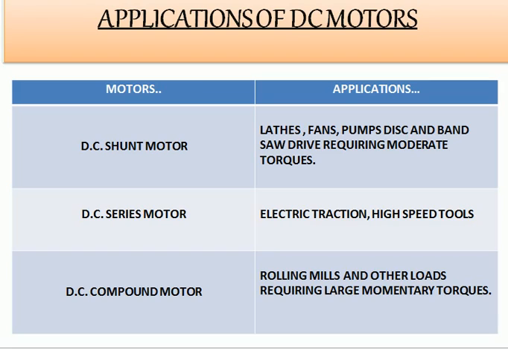Second one is the DC series motor. In case of DC series motors, they are generally used in electric traction and high speed cases, and DC compound motors are generally used in rolling mills and other loads requiring large momentary torques. Now this is the